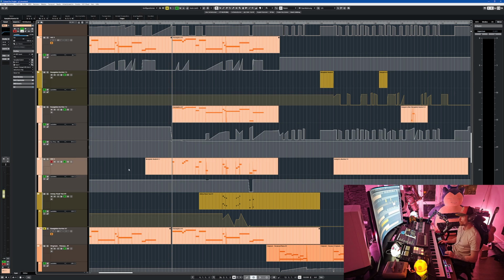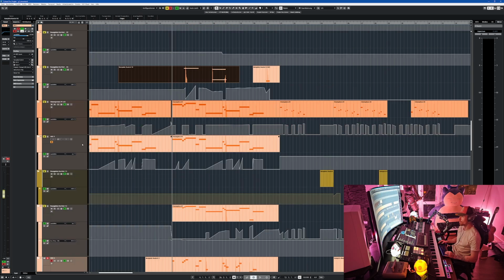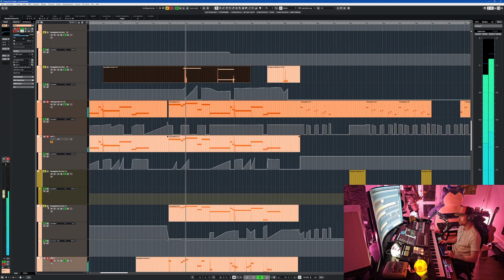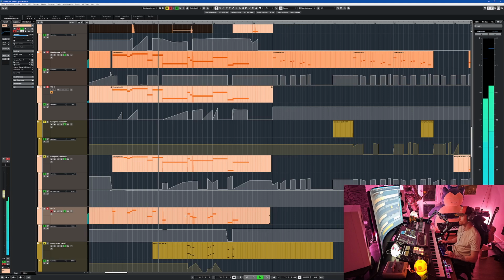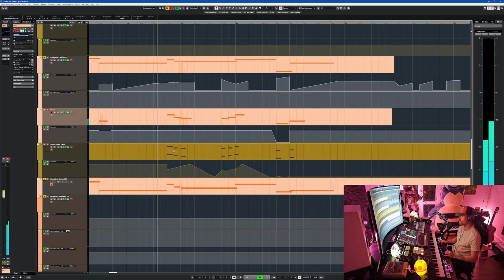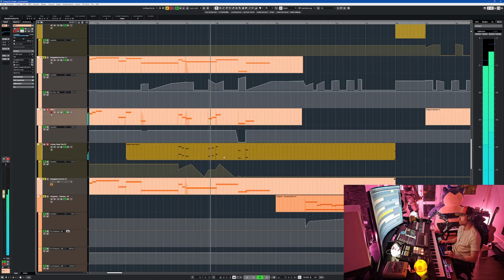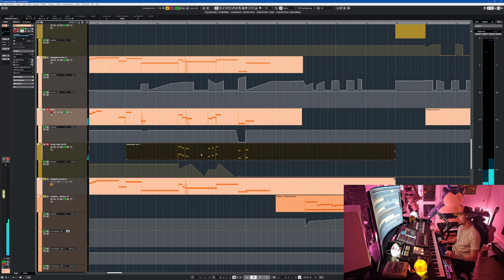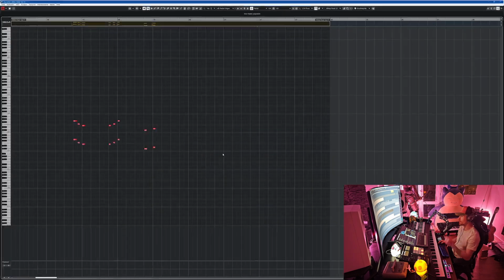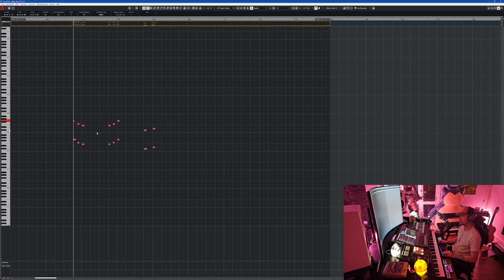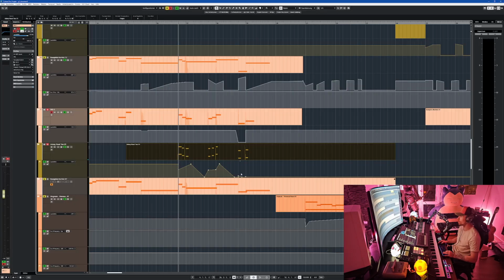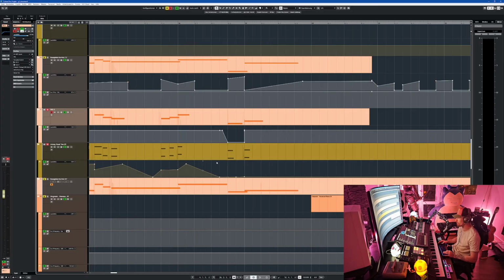So let's continue. This synthesizer joins, and the bells are still doing their thing in the background. Here's something that's only doing stuff in the background. If you listen to it soloed, you will hear it. That's super slow, low volume in the end. This isn't supposed to be there.